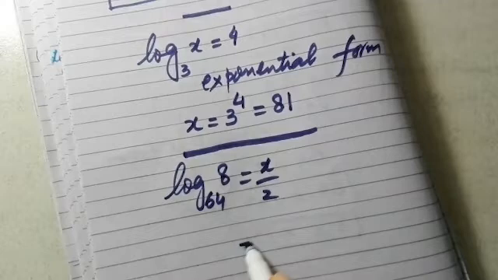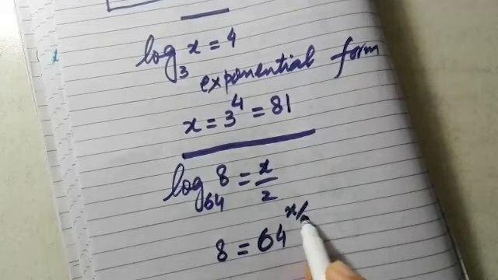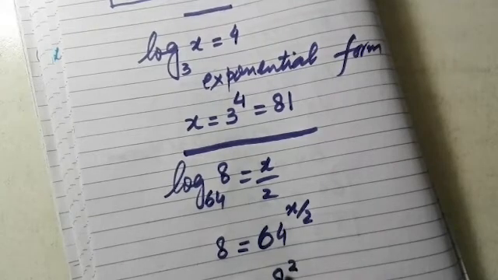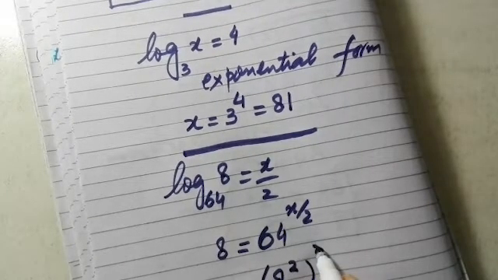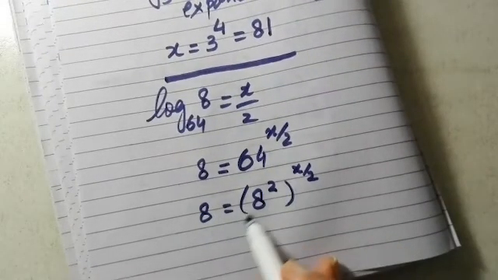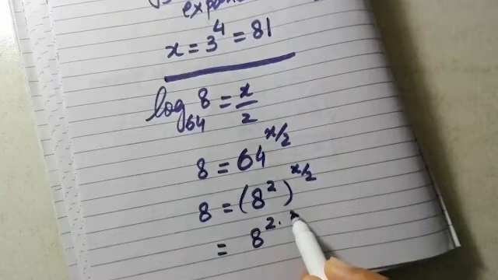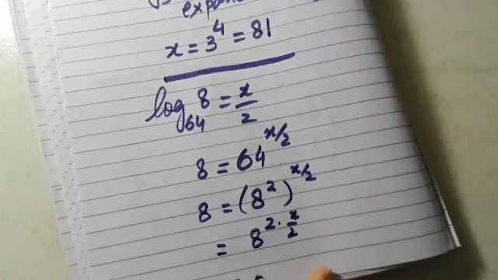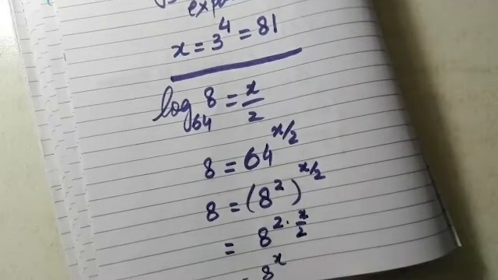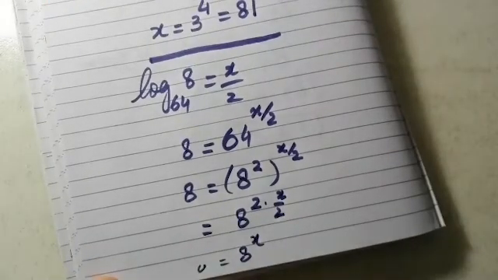If I solve another example for you, like if we have log 8 base 64 equals x by 2, in this form you will convert into exponential form: 8 equals 64 raised to power x by 2. So 8 will be as it is, and 64 will be written as 8 squared, raised to x over 2, because we have to keep the base the same on both sides of the equation. So it should be converted into 8 as well. So it will become 2 times x over 2, and by cancellation you will get 8 raised to power x,